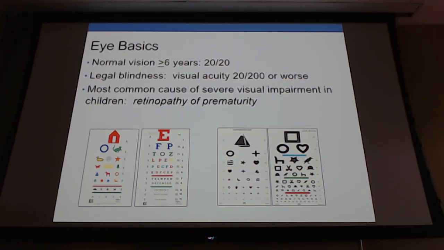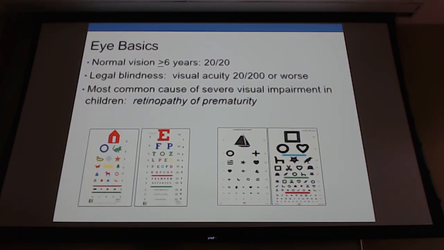We'll talk about what that is. And as a reminder, the most severe and frequent visual impairment that we see is from retinopathy of prematurity. Do you remember how many weeks that was usually affecting? Less than how many? In the 30s, yes. Less than 32. Less than 32 weeks is typically when you see